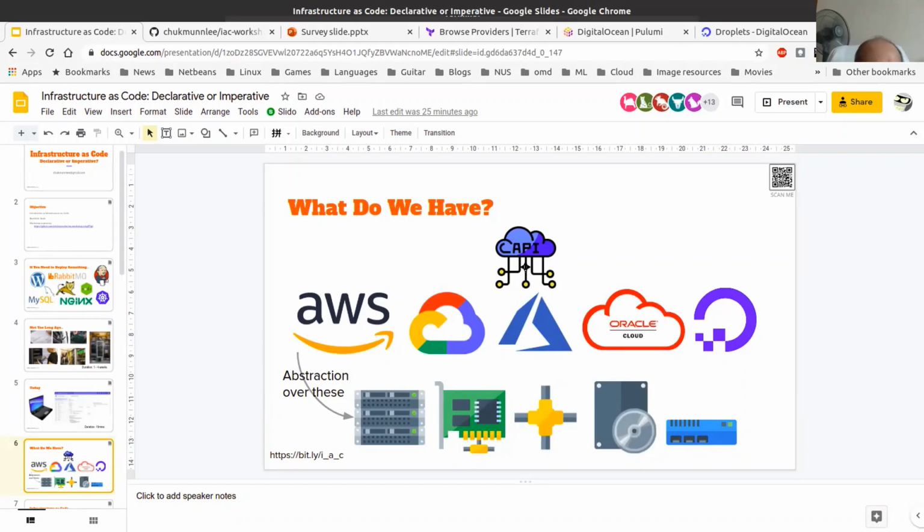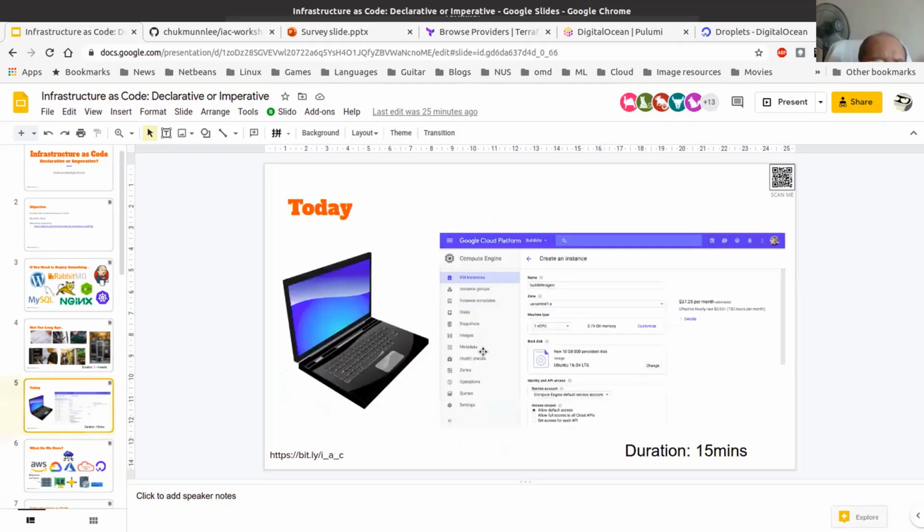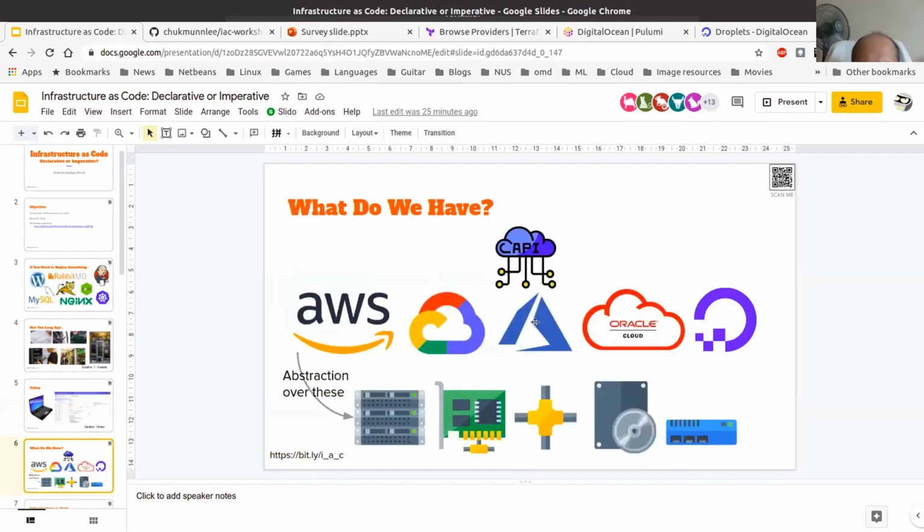The web application sends a POST request through the endpoint to the cloud provider, and then the cloud provider makes all that happen, right? So really, what allows this flexibility is the management by the cloud providers and the API that they provide, okay, that allows this to happen.